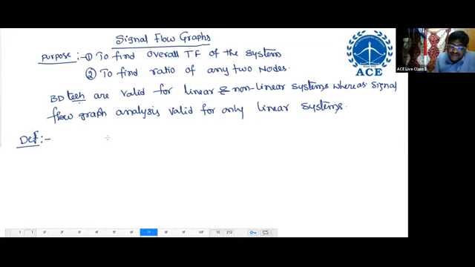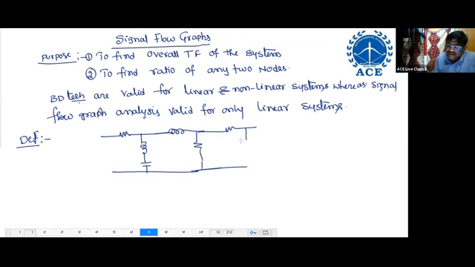Basically what happens, for example, I'll take a simple RLC circuit like this. Consider this one electrical network. So if you want to find the overall transfer function,